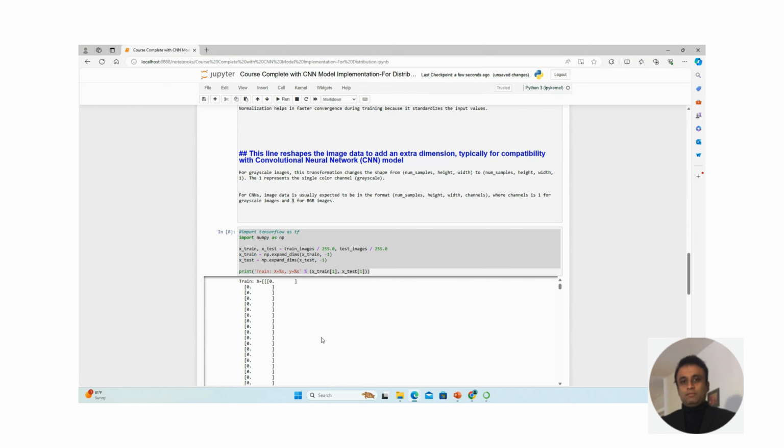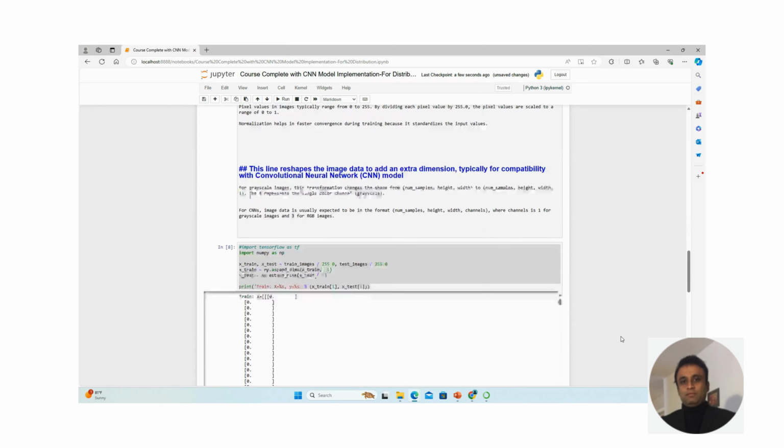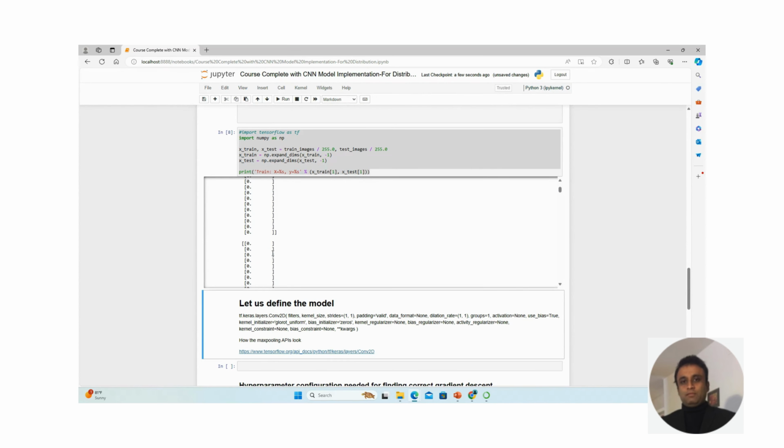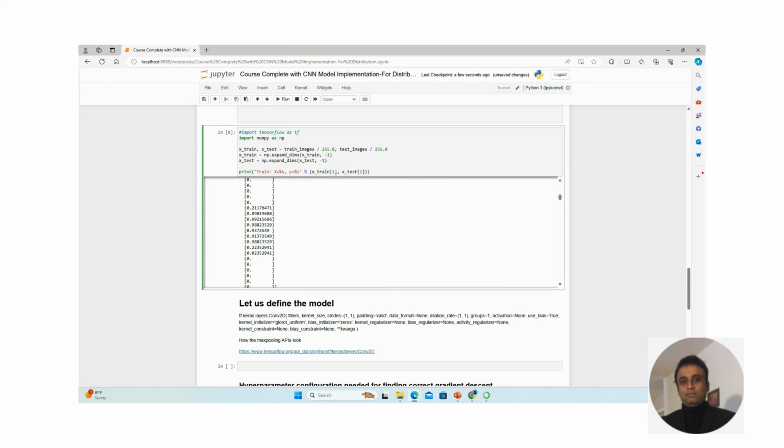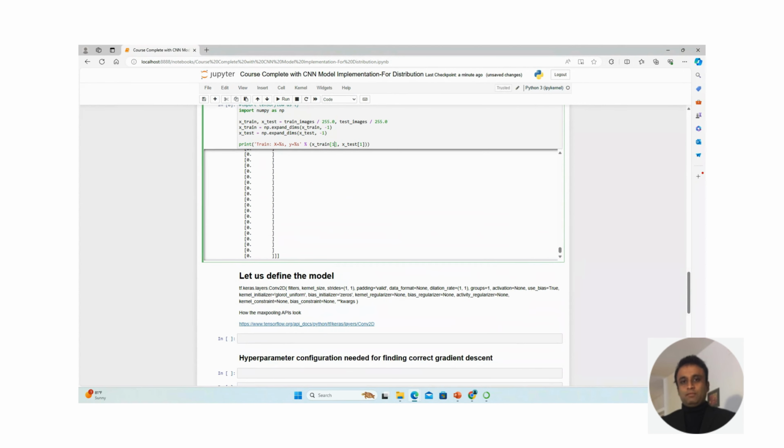So what happened here is it took all those numbers and divided them, and this is what it represents. So these are the divisions of it. If it is somewhere 255, you would have seen that. You will see the 255, and this is again me printing the train data and the test image. Okay, the third